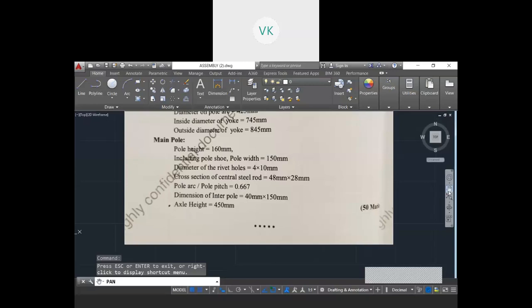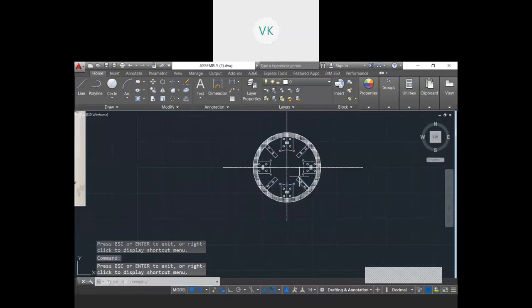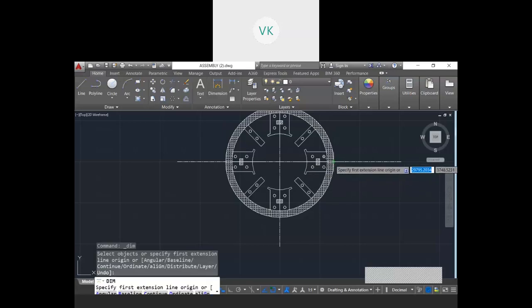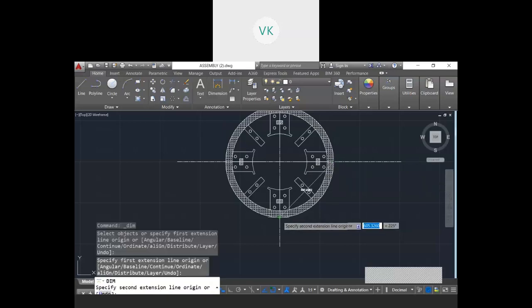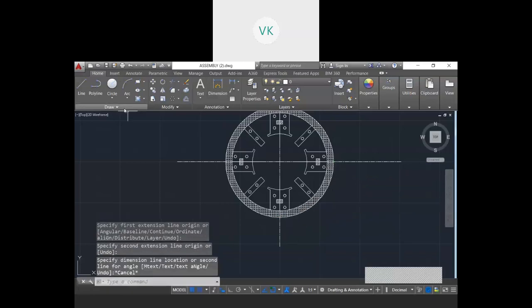Axle length we need to show 450 mm. We will show that here. So this will be my axle length here from center to, I can go with the dimension. So I will take in this way.